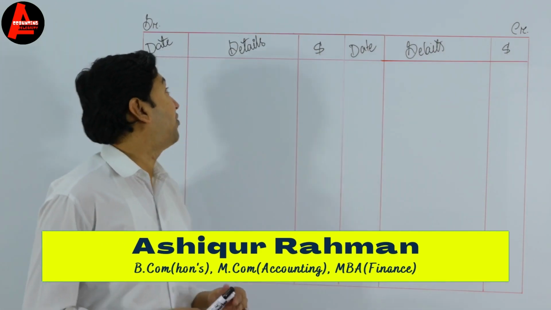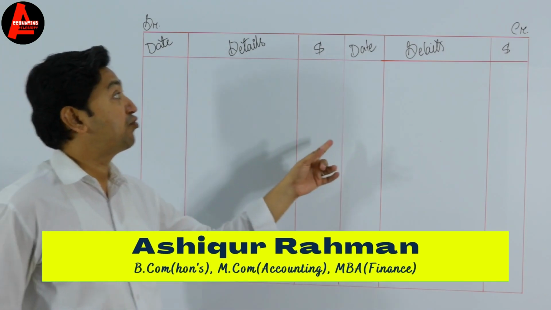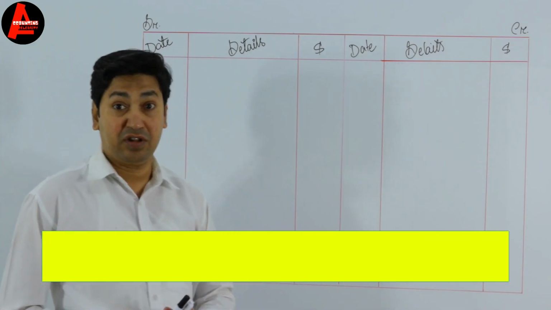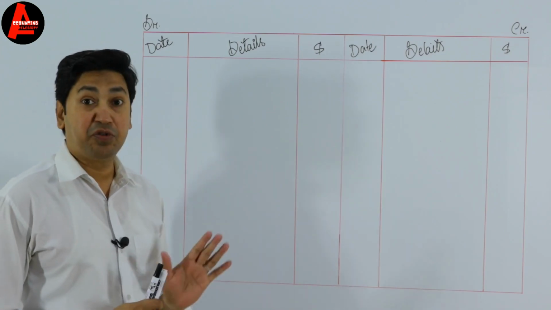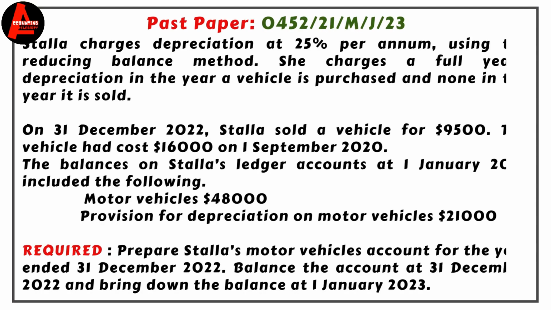So here you see the format: date, detail and dollar column, and the same three columns, date, detail and dollar column, on the credit side, okay? Before we write up here, let us have a look at the question. Stella charges depreciation at 25% per annum using the reducing balance method. She charges a full year's depreciation in the year a vehicle is purchased and none in the year it is sold. On 31st December 2022, Stella sold a vehicle for $9,500 and the vehicle had cost $16,000 on 1st